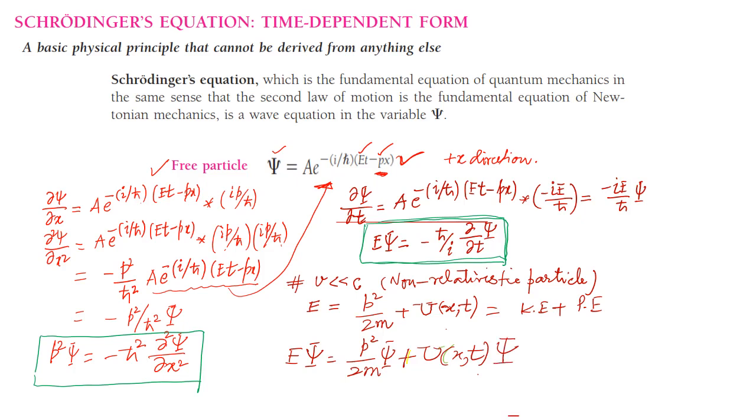Fine. Now since I have the value of E psi here, and also the value of p psi here, if I put these two values in this equation, what I get is